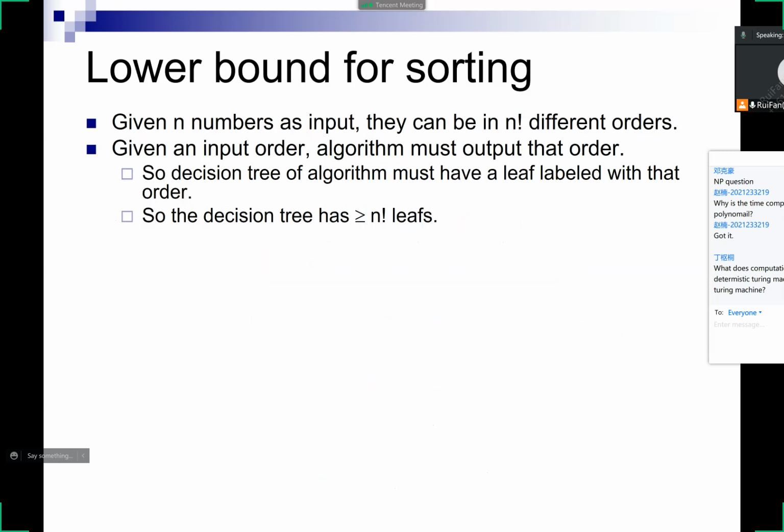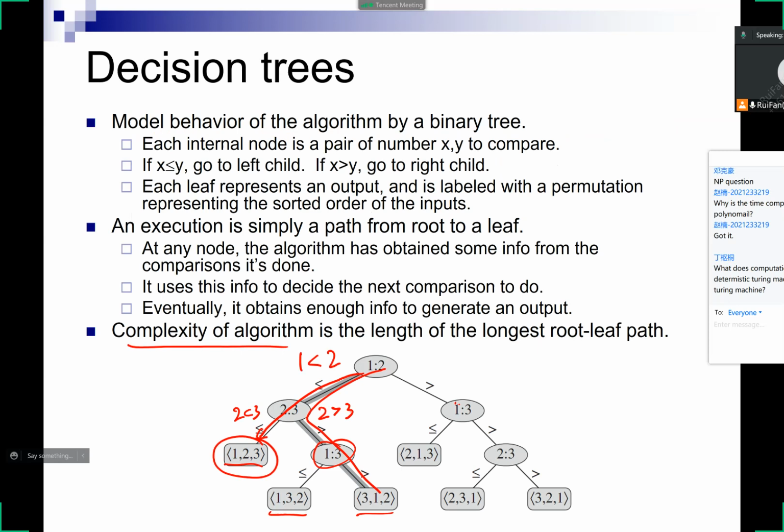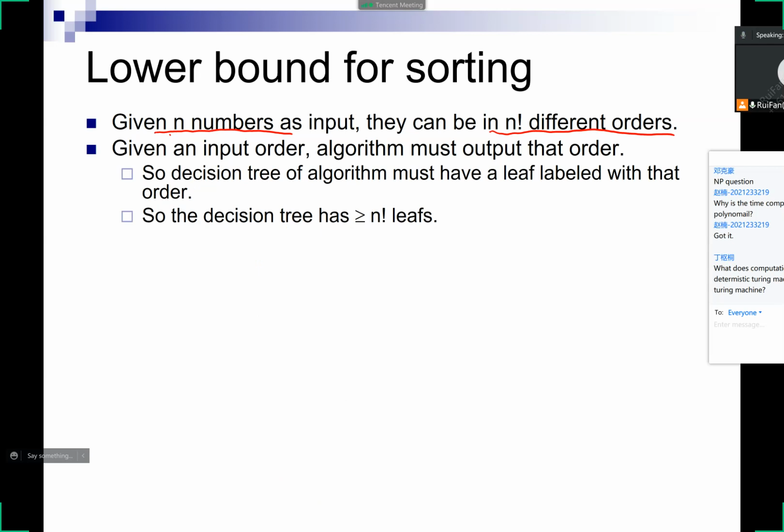Okay, so to do that, the key observation is that if I give you n numbers as input, then these numbers can be in any of these n factorial different input orders. Like here, for example, if I give you 3 numbers, they can be in 6 possible orders. And given a particular input order, the algorithm, in order to sort, has to output that